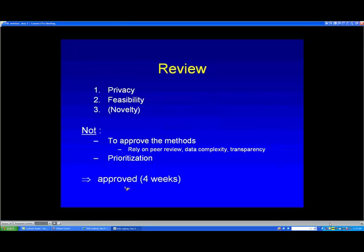And then secondly is feasibility, and this comes from discussions with people who've run the SEER Medicare program, that they'll get proposals that say we're going to analyze patterns of lung cancer care based on whether people are smokers or not. Well, with the data sets that are available, that's just not feasible,